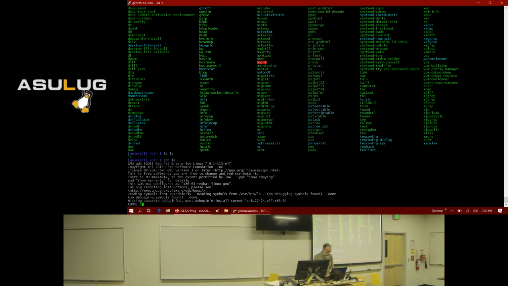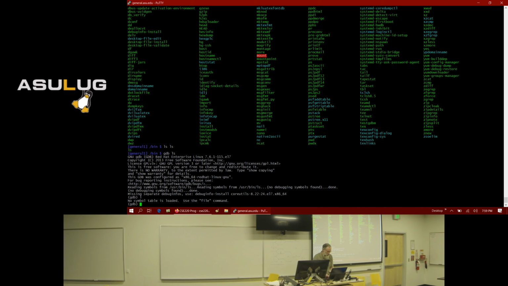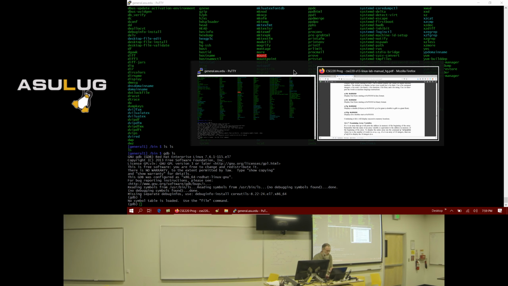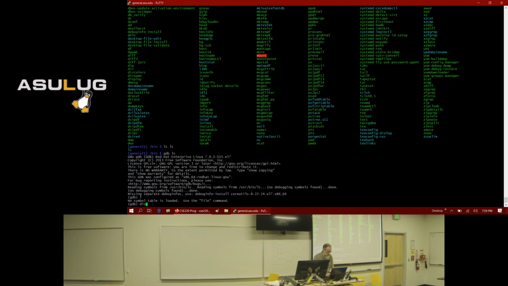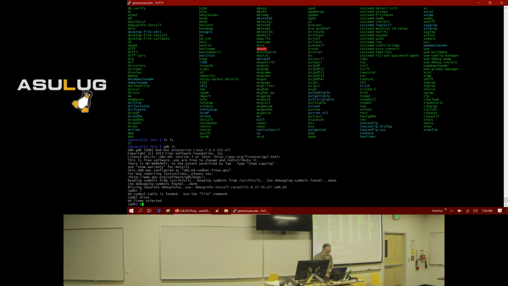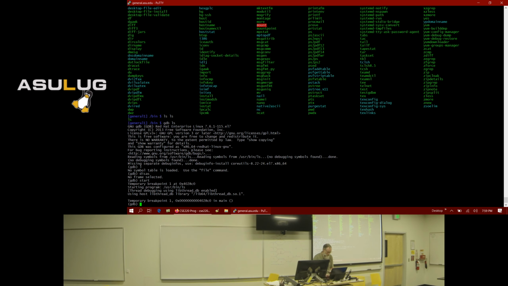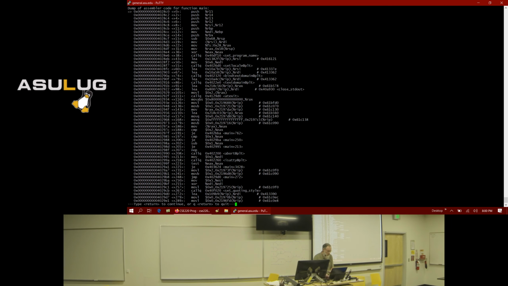But we can still look at the code. Well, we can disassemble it. Well, we can't. I got to do start first. There you go. And you can study the assembly language code if you wanted to. And I can still step through this, I believe.